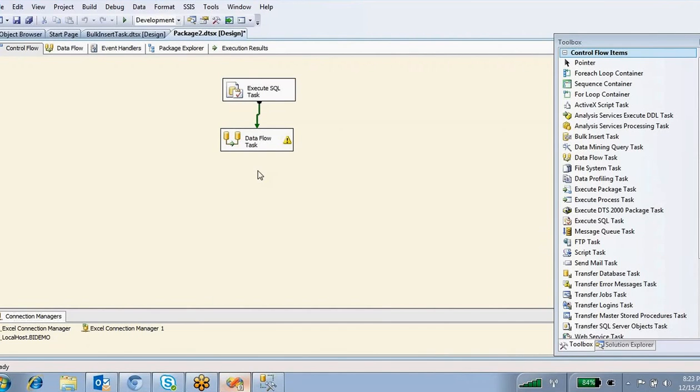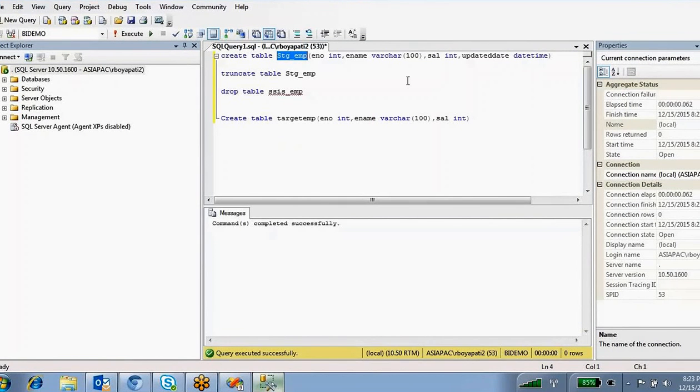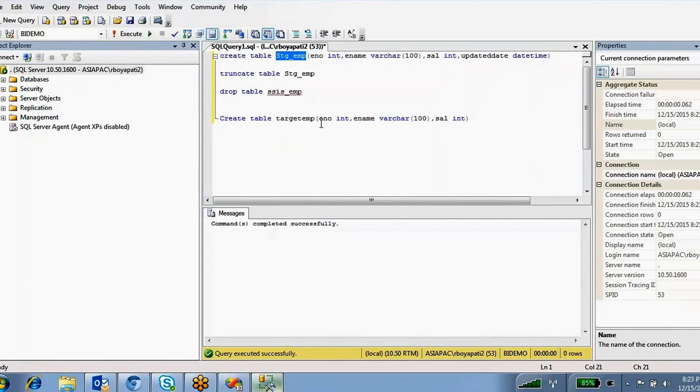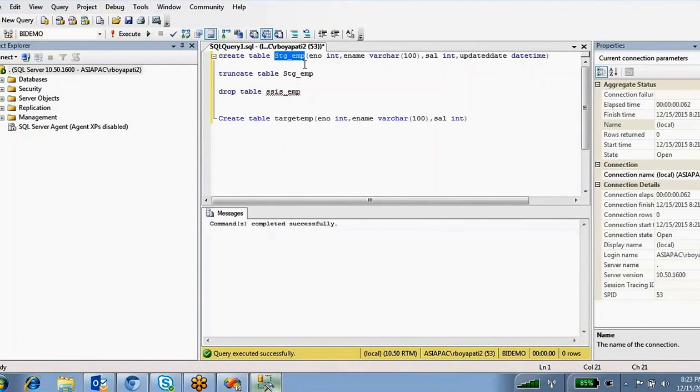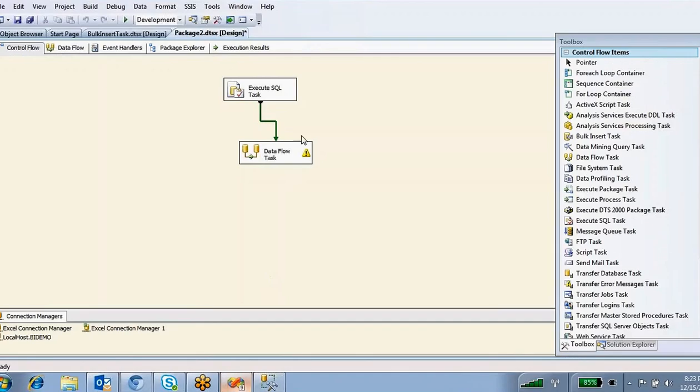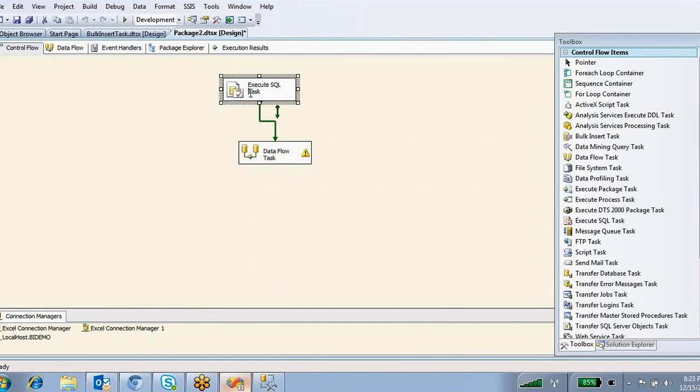Right. After you load this data into the stage table, what I did here is, daily I'm going to load whatever data is coming from the Excel sheet into this stage emp table. Before loading, I want to truncate the data by using Execute SQL task.